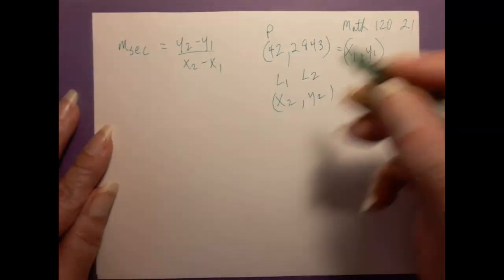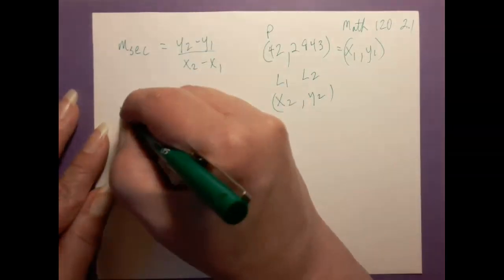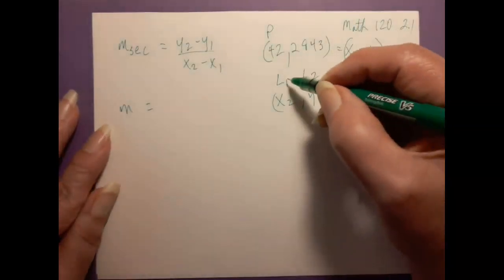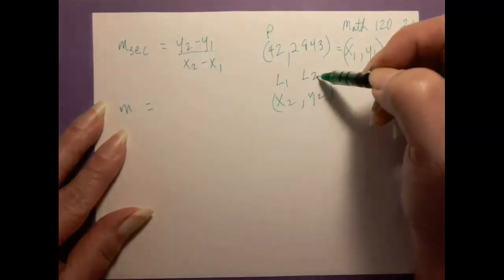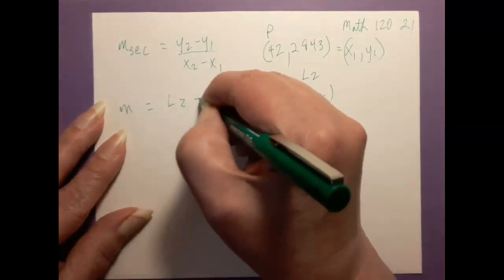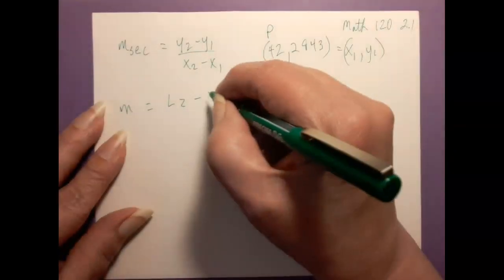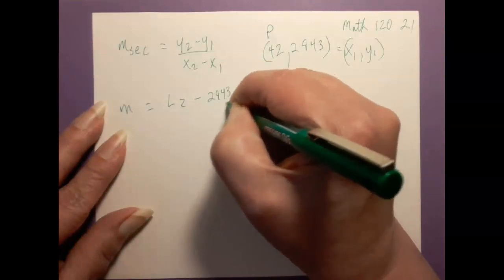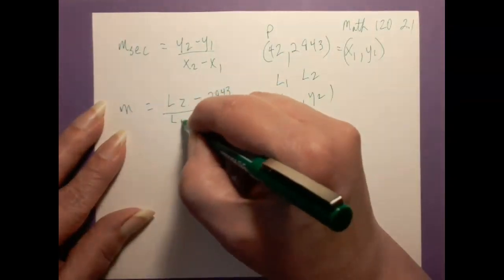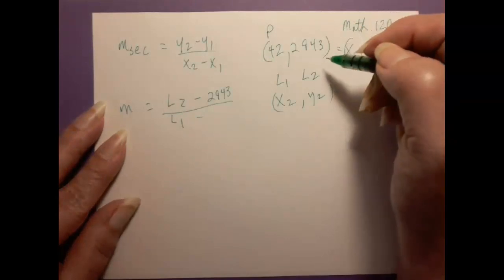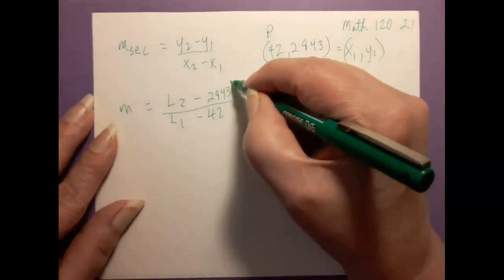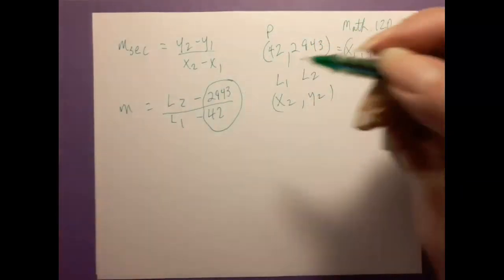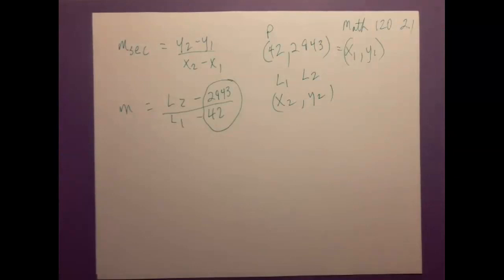So in list 1 and list 2, now I can write my slope formula as being list 2 minus 2943 over list 1 minus 42. So what's going to be different here every time is this point. The point will be given to you in the problem, and you should be able to do it pretty easily on your calculator. So if we go back to our calculator,